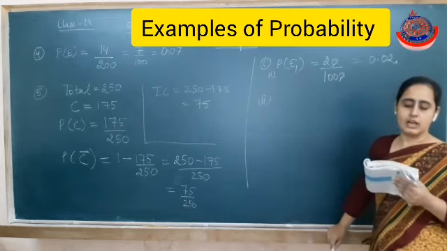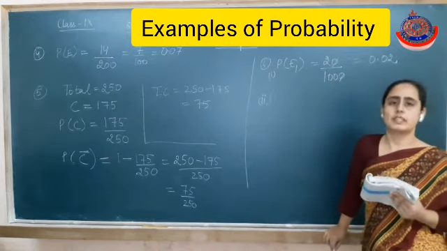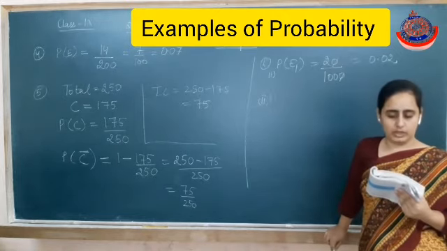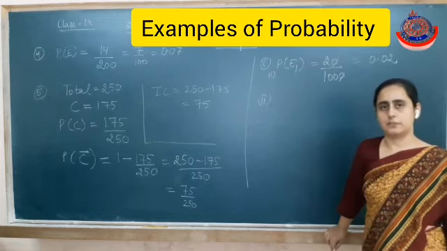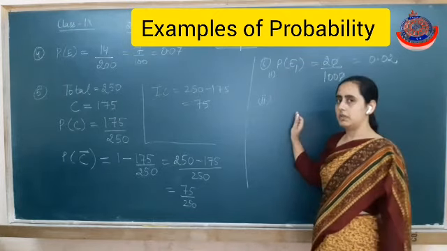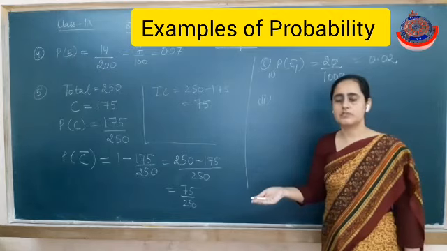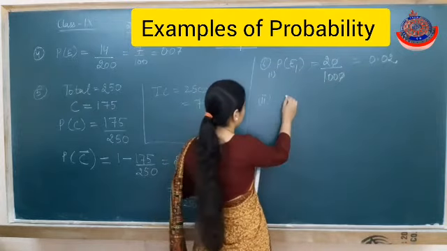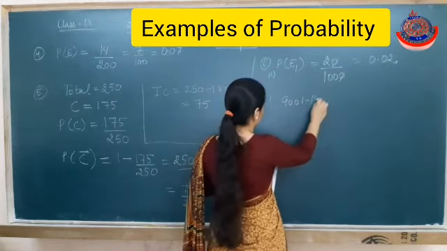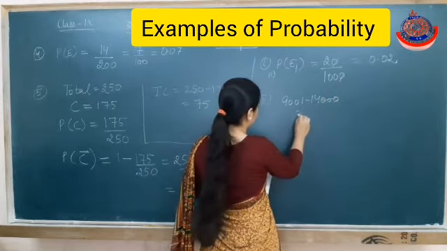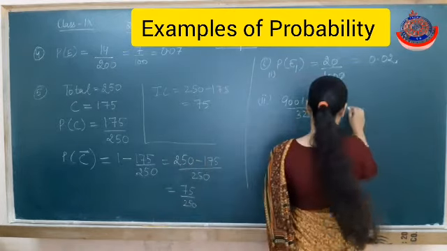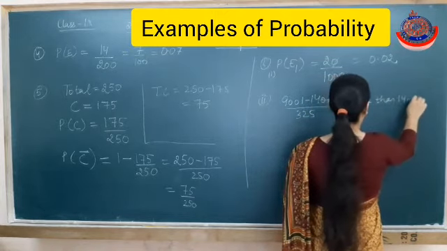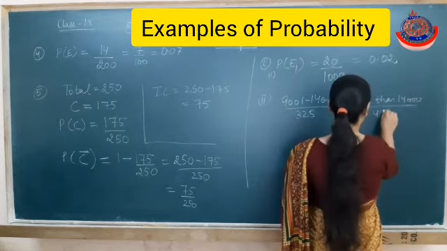This was the first part. Now the second part: we are saying it will last more than 9000. If you see the table, more than 9000, we have the values 9001 to 14000 and more than 14000. So more than 9000 includes more than 14000 also. So we will be adding the last two values. In the table, 9001 to 14000 is 325, and more than 14000 is 445.